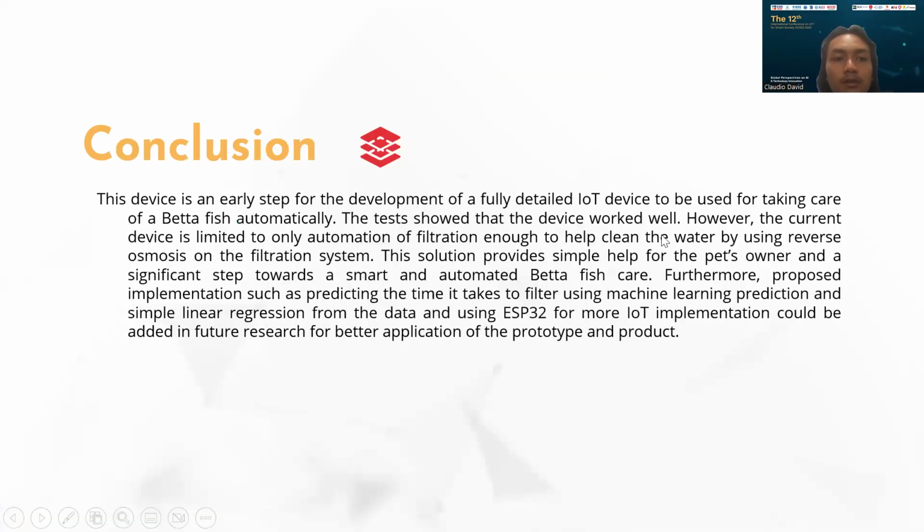Next will be the conclusion slide. This is a very early model of a device for development of a fully detailed IoT device to be used for taking care of betta fish automatically. The test showed that the device worked well, of course, because of using reverse osmosis that actually integrates directly with the method, utilizing a semi-permeable membrane to separate water substances and contaminants, especially when including the